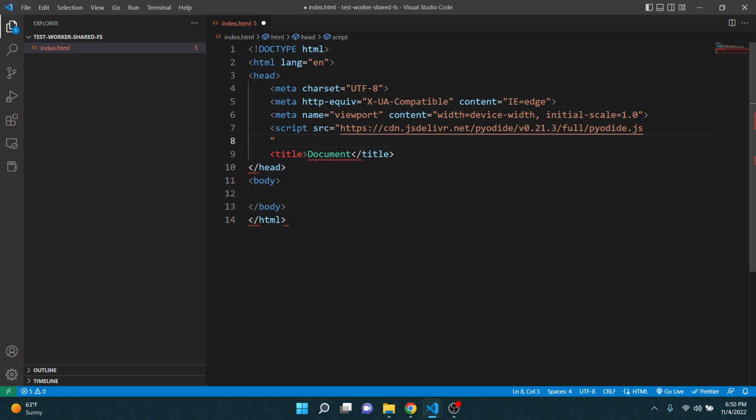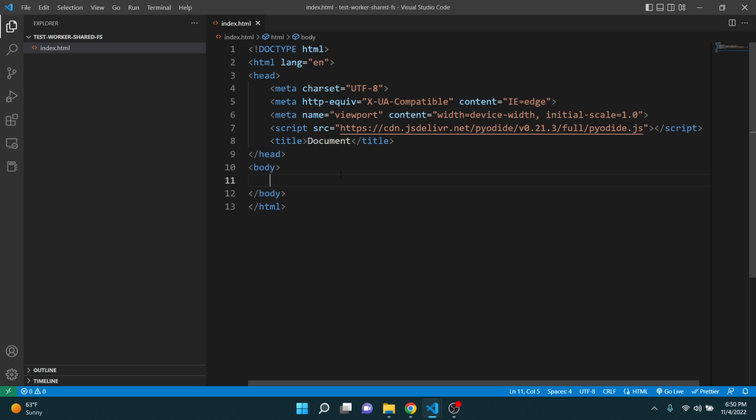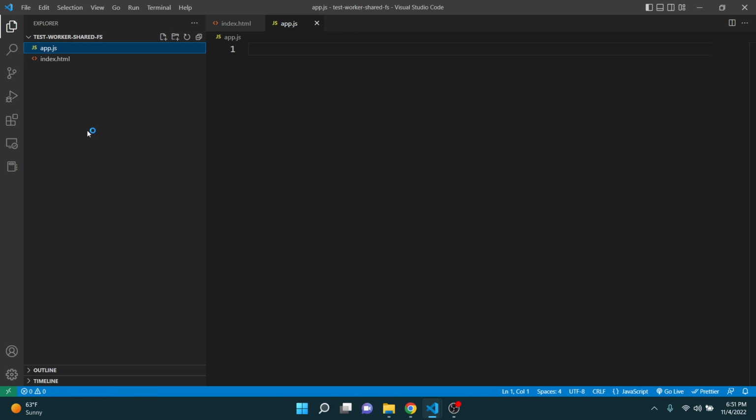Why is it on the next line? There we go. And then we'll do script source equals JS. And then we'll create some files, .js. I guess worker only really needs one file, but just to make sure, be really clear about it, just create two separate files. A little bit unnecessary, but